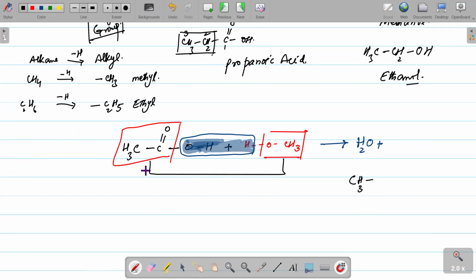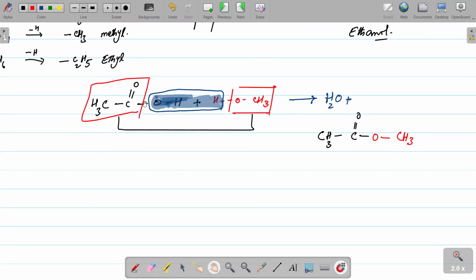So CH3, I'm writing this one, CH3 here. Then comes C double bond O, this one, and then comes oxygen of alcohol. I'm going to change the color, and then CH3. Okay, so in this case, we can see two molecules linked with each other with the removal of a water molecule. So when two molecules link with each other with the removal of a small molecule, these types of reactions are called condensation reaction,